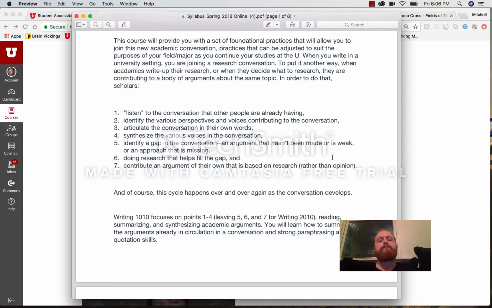They identify the various perspectives and voices contributing to the conversation. They articulate that same conversation in their own words. They synthesize the various voices in the conversation. They identify the gap in the conversation, an argument that hasn't been made or is weak, or an approach that's missing. They do research that helps fill that gap, and then they contribute an argument of their own.